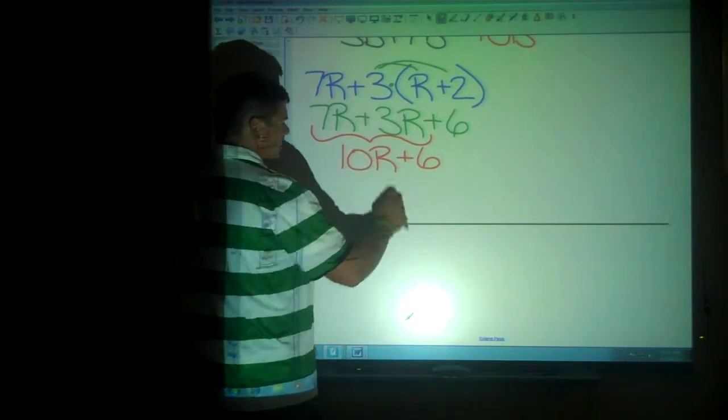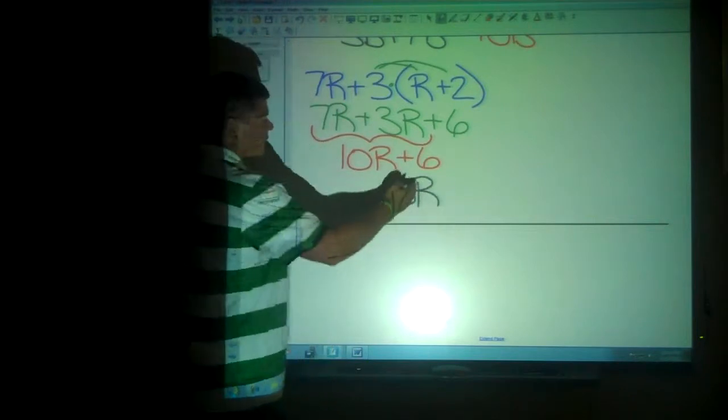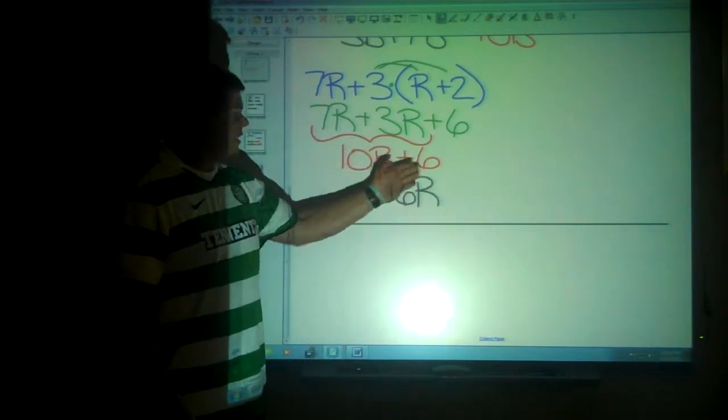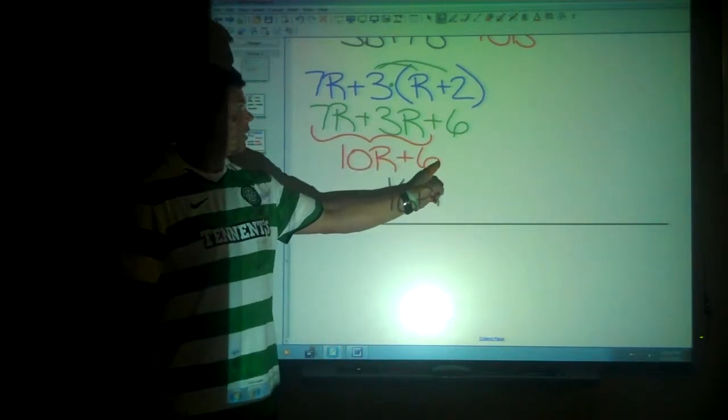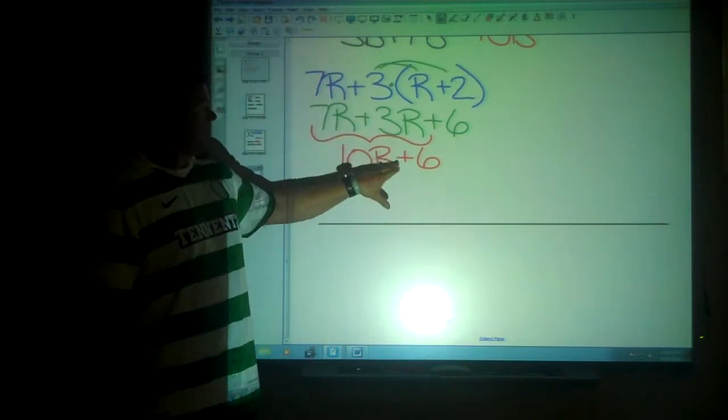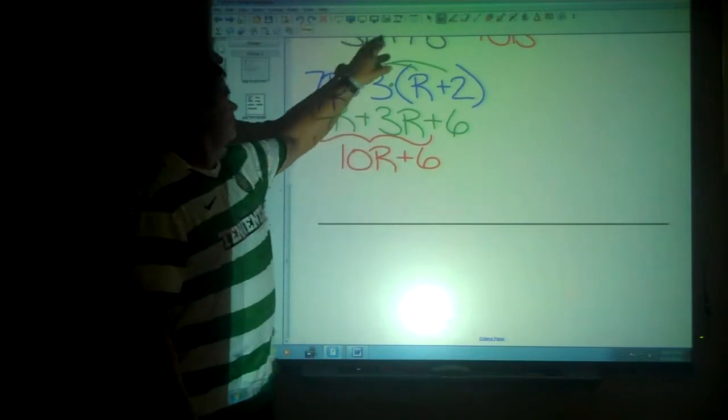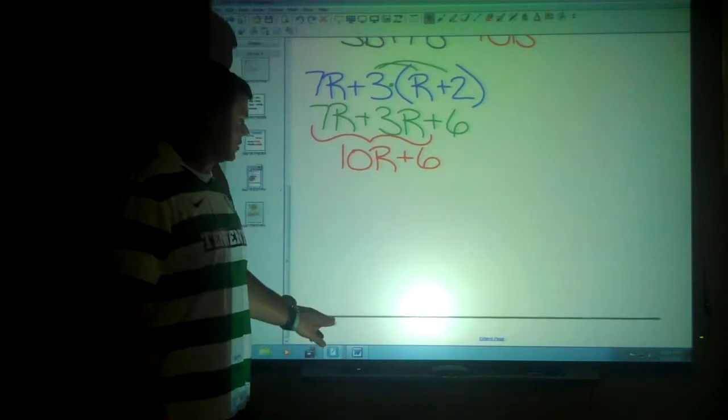Unfortunately, a lot of people write down this and then it's wrong. You can't add these together. This does not have an R. Stay right here. That's as far as it'll go. Okay? And lastly,